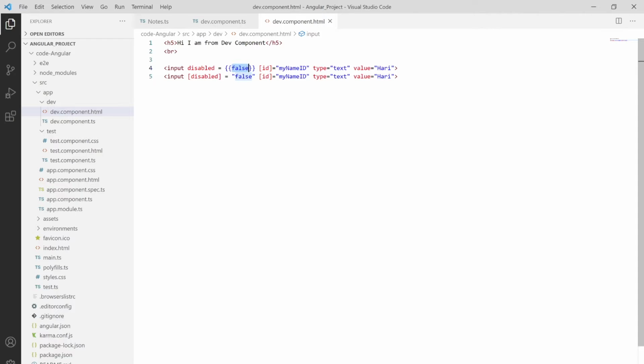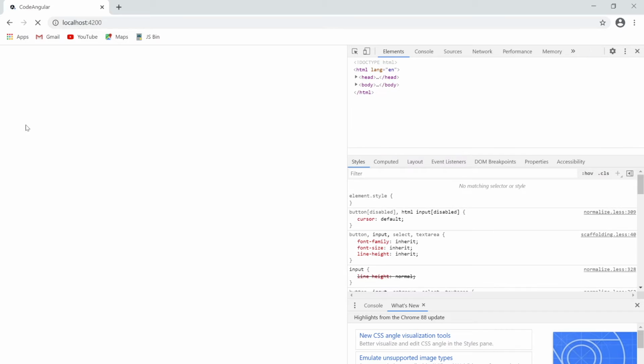We also have one very good example for this. Let me show you. I'm creating a button over here, with disabled, save it out, and move to the browser.